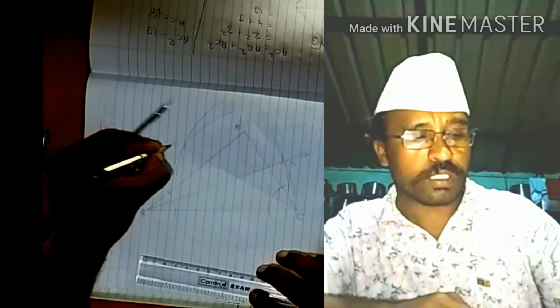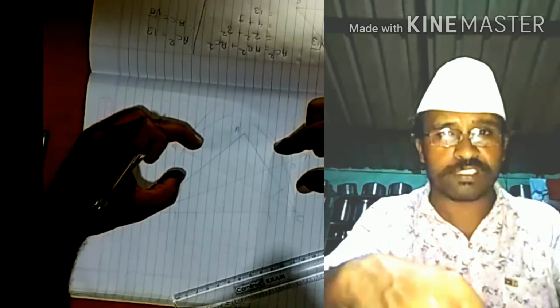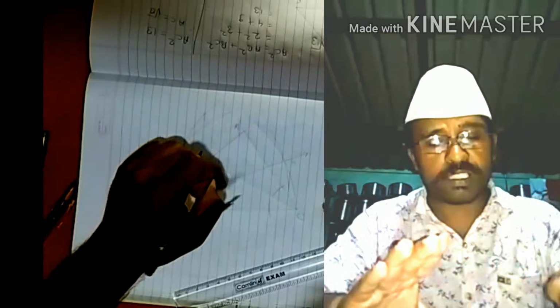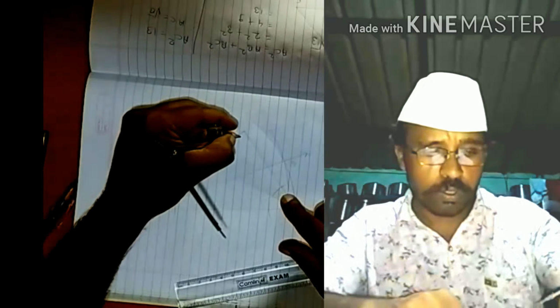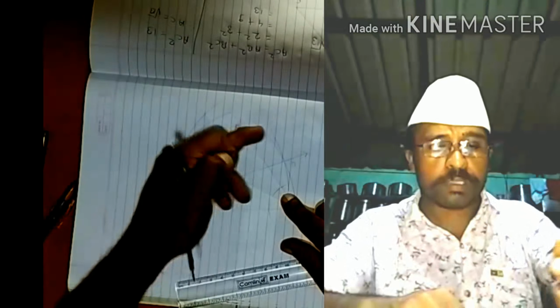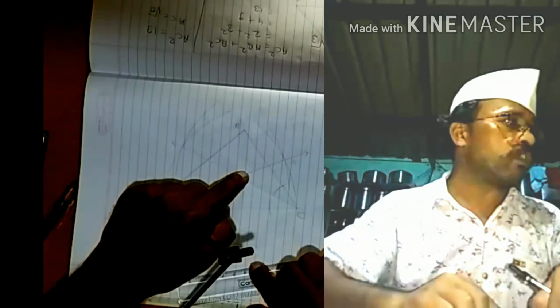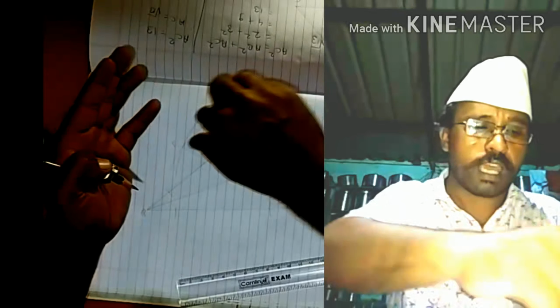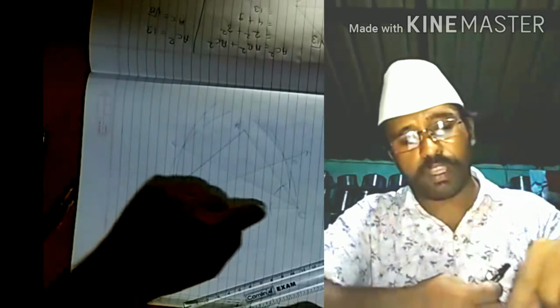Students, why am I telling you to consider that these arcs should intersect outside of the triangle, in the exterior? Because if you find an angle bisector, naturally it will go through the interior of the angle, so ultimately it will go through the interior of the triangle. It will never happen that an angle bisector goes out of the triangle. So there would be too much confusion or conflict of arcs in the interior of the triangle, so I tried to keep these arcs out of the triangle. Got it? Now we have bisected angle B, and we have bisected angle C.